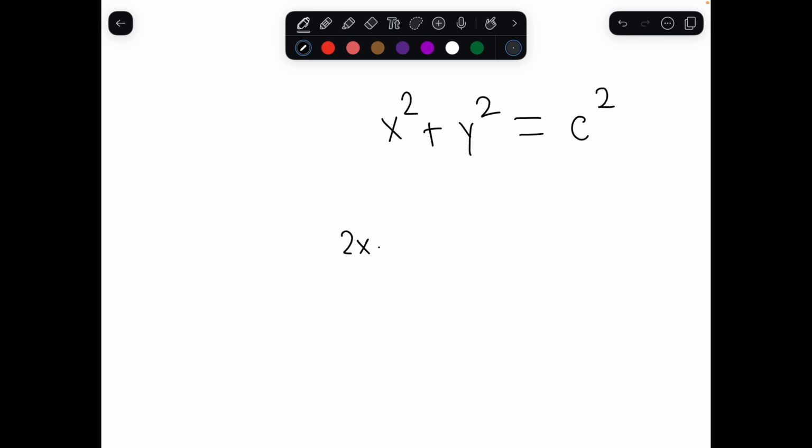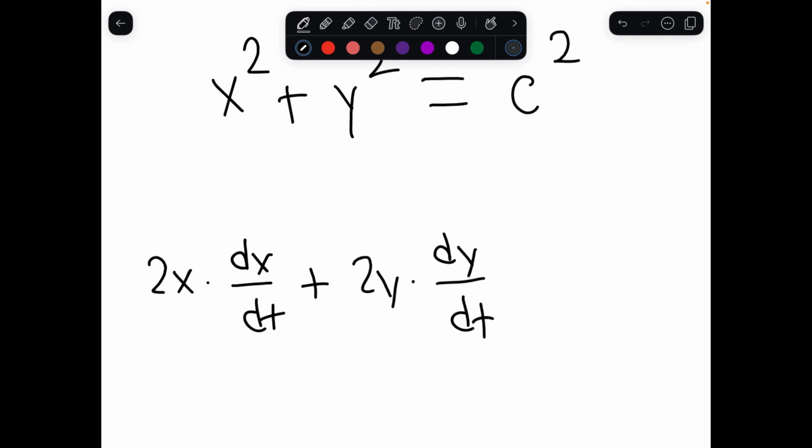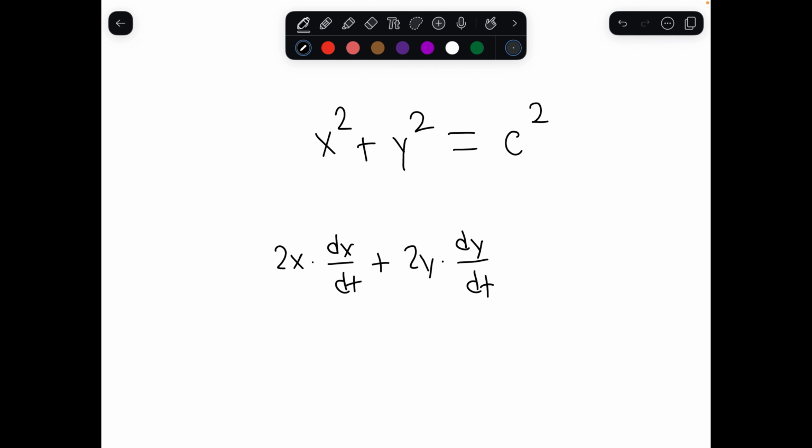But you're taking the derivative with respect to time, so it's going to be 2x dx/dt plus 2y, same thing, but now it's dy/dt because you're trying to find the change in y as time passes on,